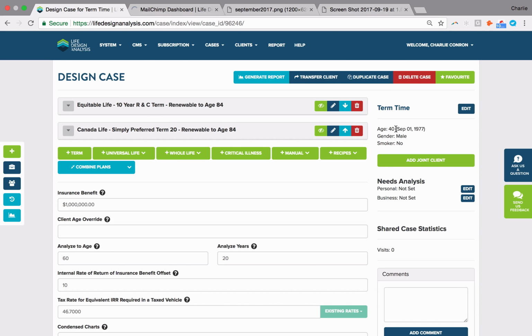Now, if this client was 40, their insurance may end here at 20 years because they'll never pay that renewal. They might think they will, but they probably won't, in which case they have to assume that at 60 they're going to be healthy. So we want them to think about, when do you want your insurance to end? And if you want to guarantee that, what would you do? So let's just take a quick look.